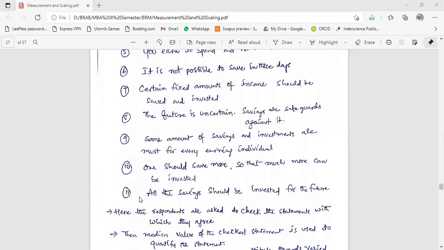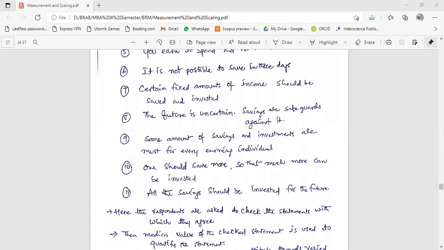So that's why they collapsed in the Great Recession. They do not have money at all. They are habituated to spend. But Indians, even at the lockdown, in the demonetization period, also had a lot of savings. In the global recession in the year 2008, also we had money. Our GDP was at 10.1% at that time. People are habituated to save money here. They don't bring money outside. So our total economy will run on the saving system. Then one should save more, because that will help him. And finally, all the savings should be invested for future reference.